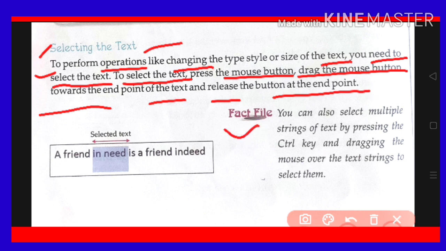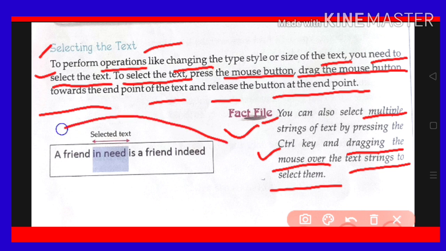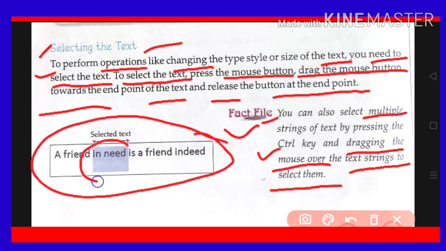Fact file: you can also select multiple strings of text by pressing the Control key and dragging the mouse over the text strings to select them. This is one sentence, and here only in need. This is the highlighted area. This means this is selected text.